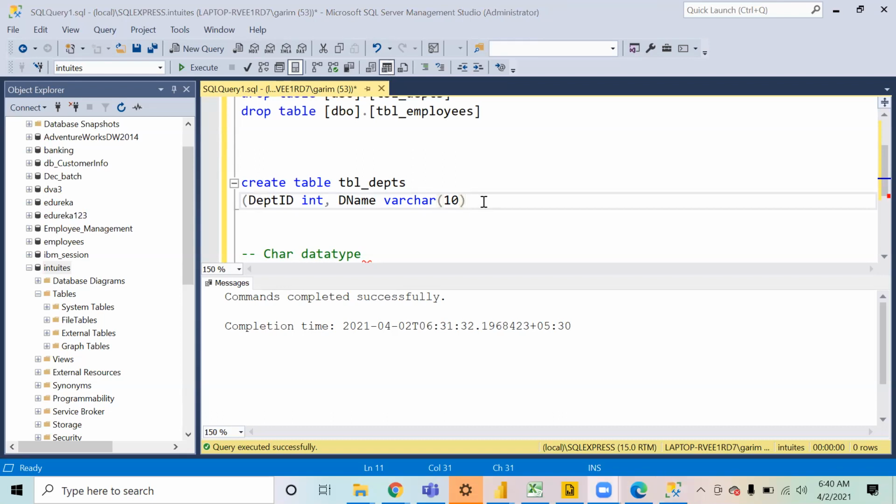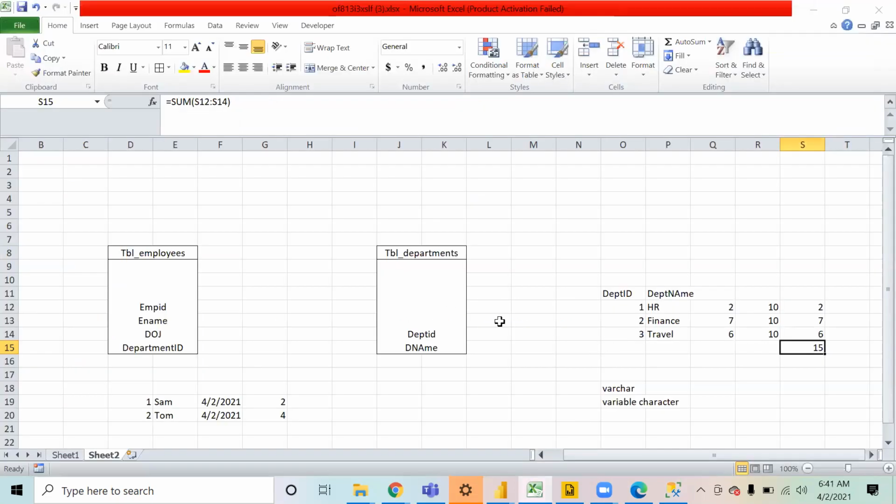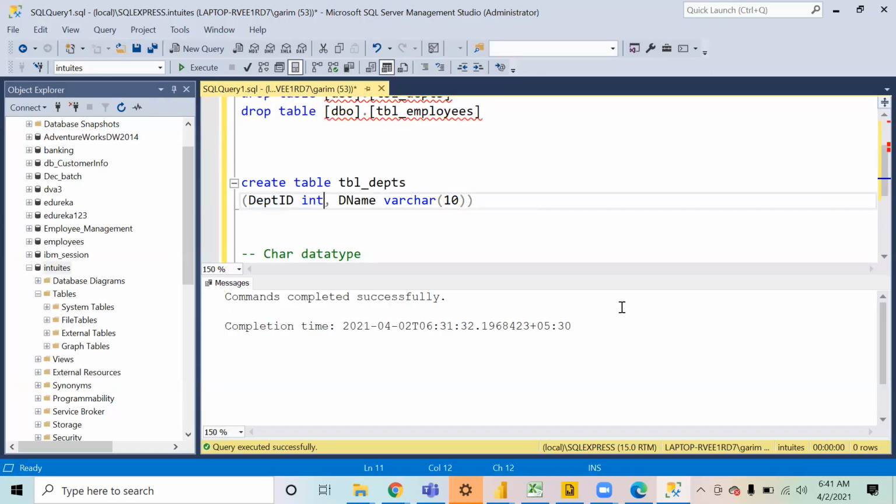Okay. So now the table is created. Department ID is something that we have to define as a primary key, right? We have seen that department ID can be used as a primary key. So in order to tell SQL Server that this is a primary key, you simply write primary key over here. You can write primary key together, or you can just write primary.